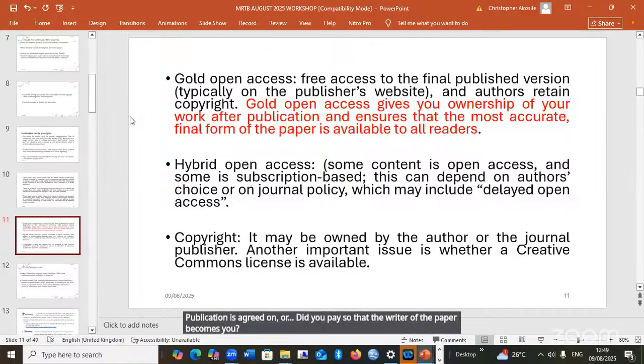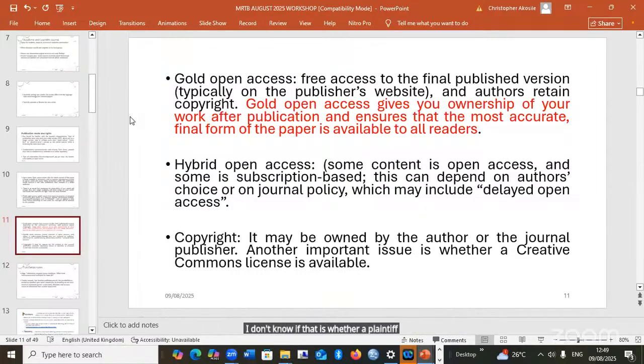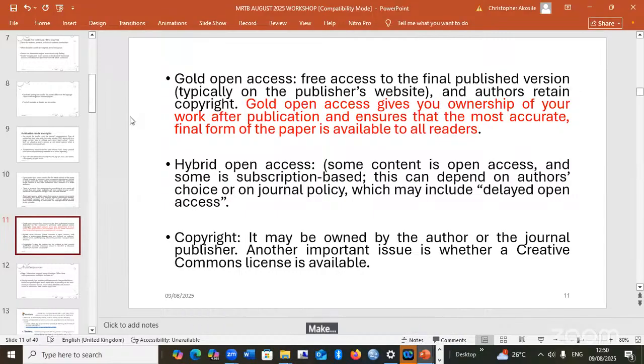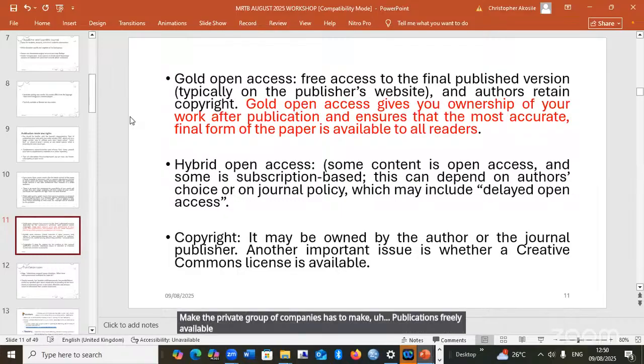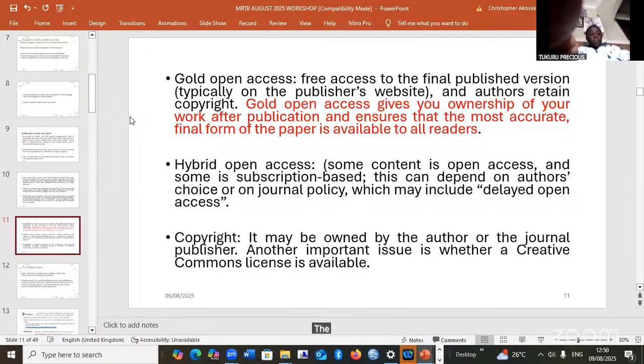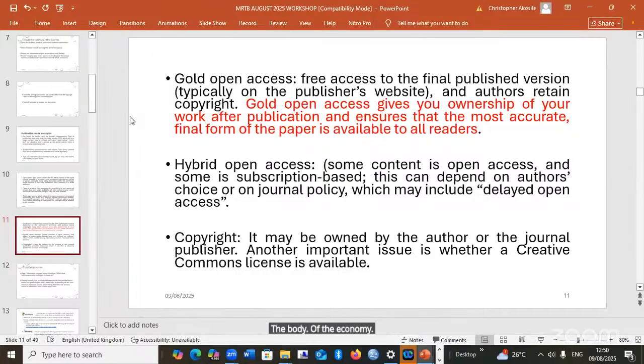Then another important thing is whether a Creative Commons license is available. Creative Commons license is something that has been arranged by publishers to make publications freely available, particularly to some areas in the world where the burden of their economy makes it difficult for researchers to access quality publications.